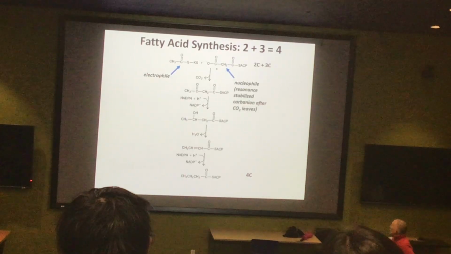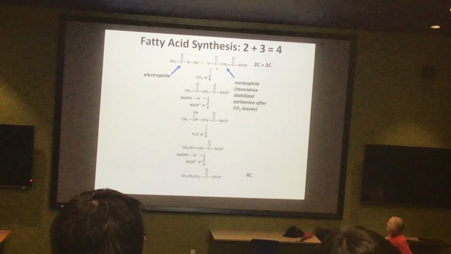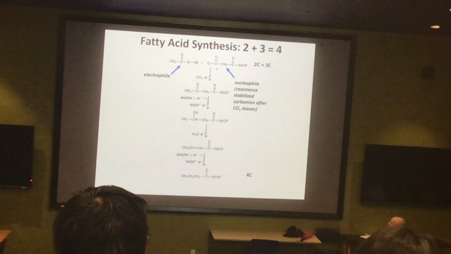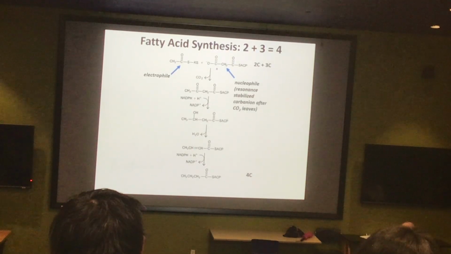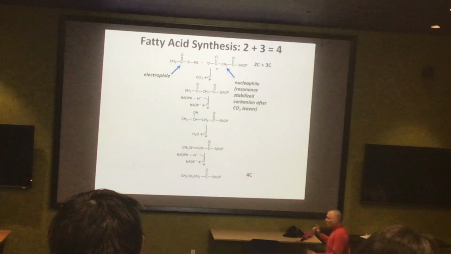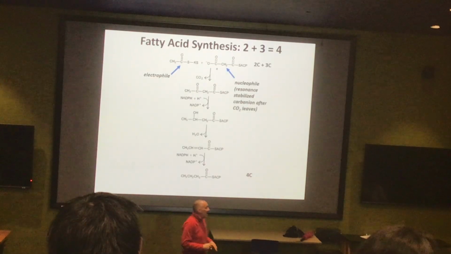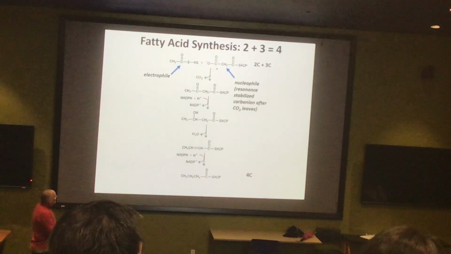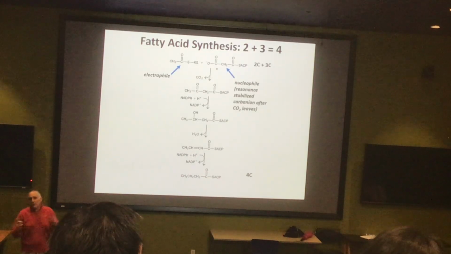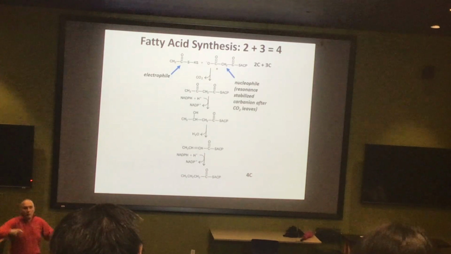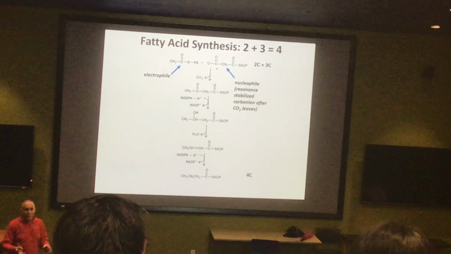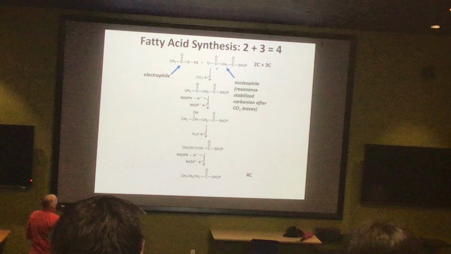You'll notice here, right, that the malonyl is on the ACP, the acetyl-CoA is on another one of those domains. That's the KS, the ketosynthase domain, but don't worry about why that's called that. Just KS, it's fine. But we have not finished yet, because you notice that we have a pair of carbonyl groups, and you know that we don't have just random carbonyl groups coming out of our fatty acids. So we got to get rid of those carbonyl groups, right? We need to reduce those. And so how do we reduce things?